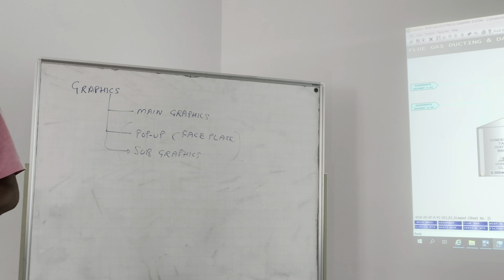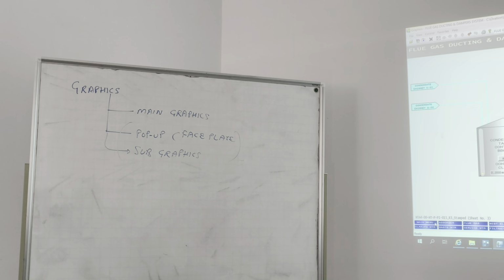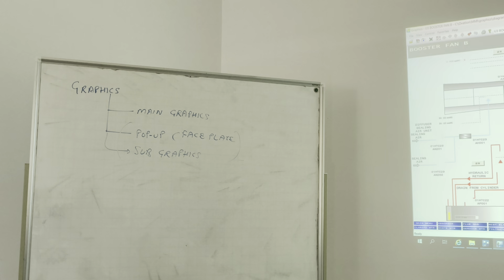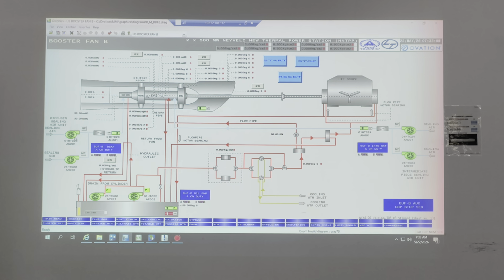Okay. Now this is the main graphic because it is the main process. When you go here, for example, this is the main process graphics. All these are the main process graphics. Now, when you click here, for example this fan, this faceplate opens.